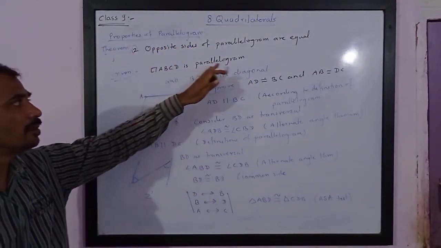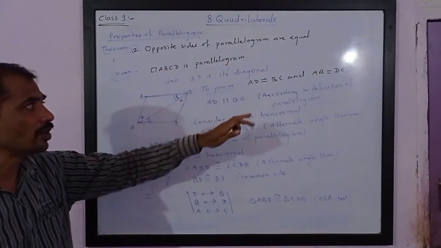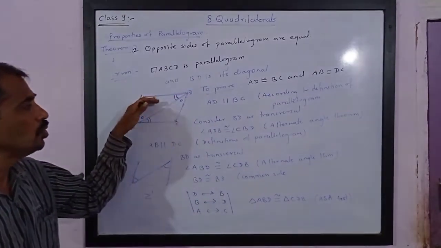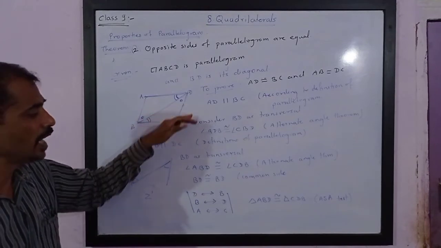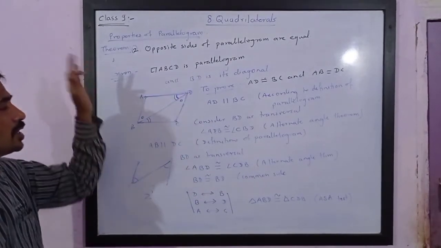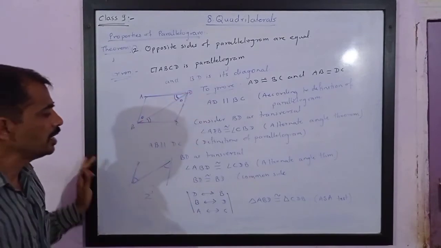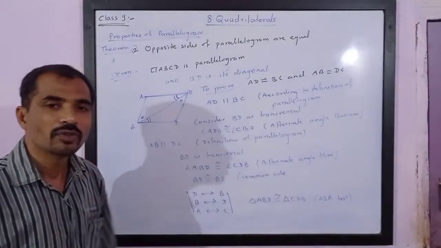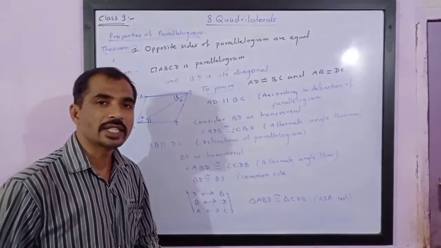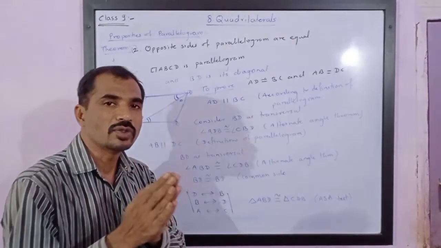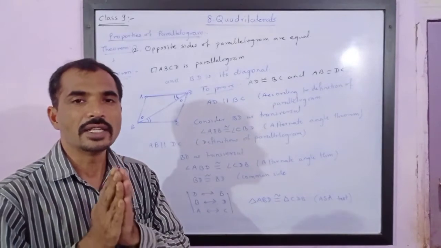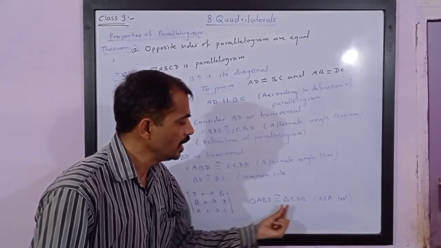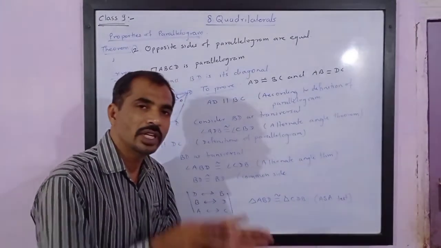We are given that quadrilateral ABCD is a parallelogram and BD is a diagonal. Now, in order to prove that opposite sides are equal, we have to prove that two triangles are congruent. You can directly use the first property, this theorem, and say that the triangles are congruent. If triangles are congruent, then if both triangles are kept one above the other, their three sides will exactly coincide with the three sides and three angles will exactly coincide with the three angles. So here A must be kept on C, B on D and D on B. Then only these triangles will coincide.